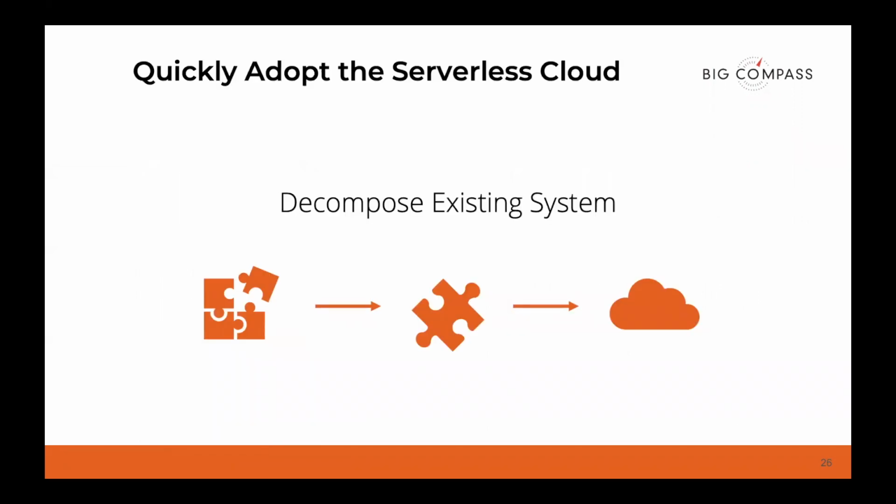And so the quickest and best way to get to the serverless cloud is through decomposing your legacy or on-prem or iPaaS solution into the components that are the best candidates to move to the cloud. So if you're looking to move to the serverless cloud, this is the one takeaway I would send you home with. And that's to identify those right components for the serverless cloud based on your current implementation and move just those right components to the serverless cloud. And that's why your planning phase is so critical, where you can slice your system up based on two dimensions. One could be system components and one could be processes.